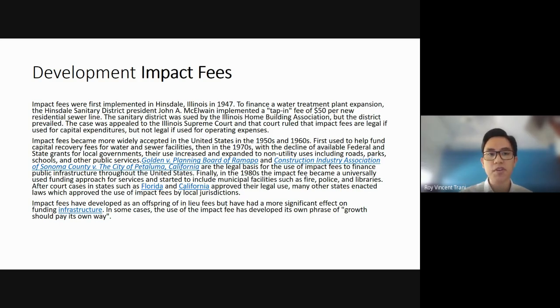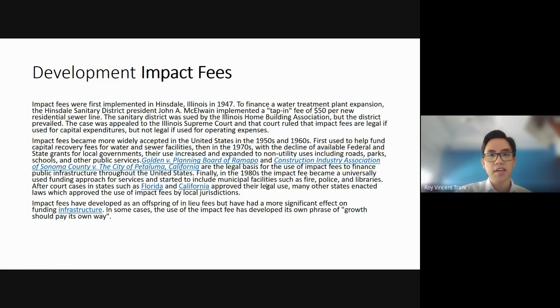So impact fees were first implemented in Hinsdale, Illinois, near Chicago, in 1947 to finance a water treatment plant expansion for the Hinsdale Sanitary District. President John A. Wayne implemented a tap-in fee of $50 per new residential sewer line. The sanitary district was sued by the Illinois Home Building Association, but the district prevailed. The case was appealed to the Illinois Supreme Court, and that court ruled that impact fees are legal if used for capital expenditures, but not legal if used for operating expenses. So basically, this means that